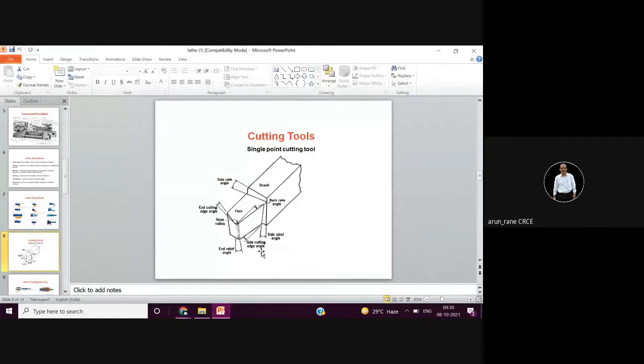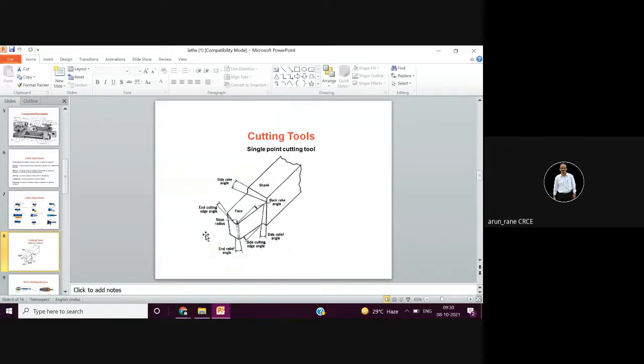Now, because yesterday I did not show you the top view. In the top view you will have two more angles, the end cutting edge angle, that is this, and the side cutting edge angle. So that will be seen from the top view. This is your back rake and side rake, two angles which you will see from this front view.